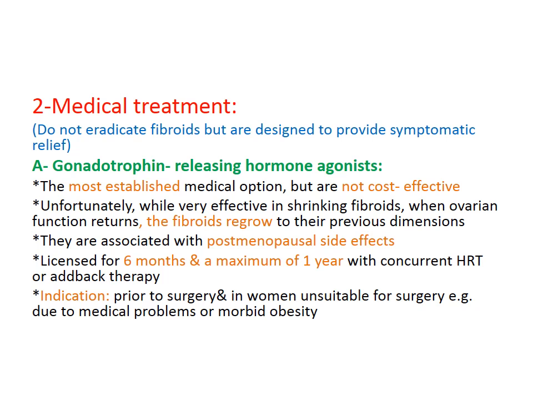This is the most established medical option, but it is not cost effective because, of course, its price is high. Unfortunately, while they are very effective in shrinking fibroid size and provide symptomatic relief,